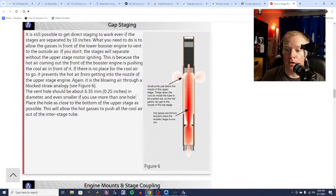Now, you don't tape the motors together in that case, because they're not close together. You might think that with a minimum diameter, the best thing to do would be to tape them together, and you could certainly do that. But having built this prototype before, I have done this as a gap stage rocket, and I quite like gap staging. I don't love taping them together, and the reason is that